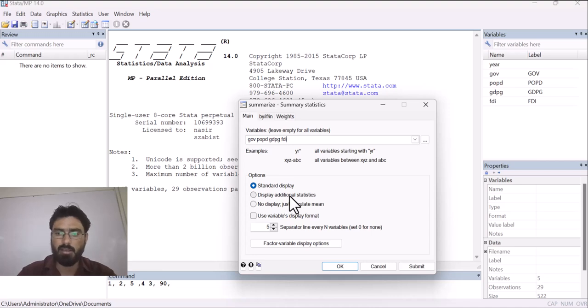So you can select either of these two options according to your study. But as I mentioned earlier that we will discuss each and everything, so I am going with the option of display additional statistics, then click on OK.